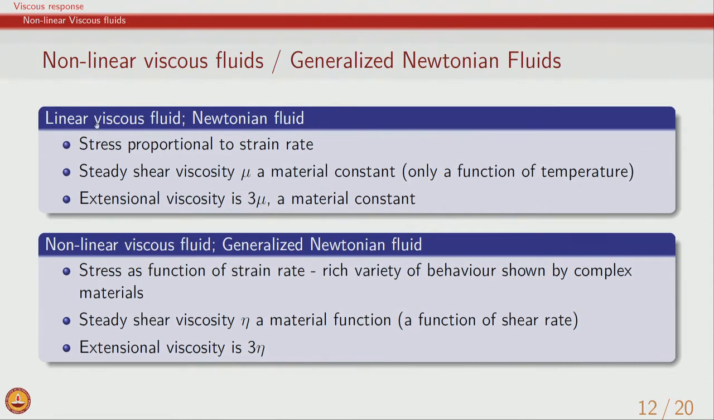So, like we described for Newtonian fluid, current state of stress and current state of strain rate are only relevant, and the only thing is, instead of being related to each other through a linear relationship, there is a very rich variety of behavior shown by all types of complex materials. Whether we look at ketchup as a material, whether we look at any other sauces which we use in the kitchen, whether we look at